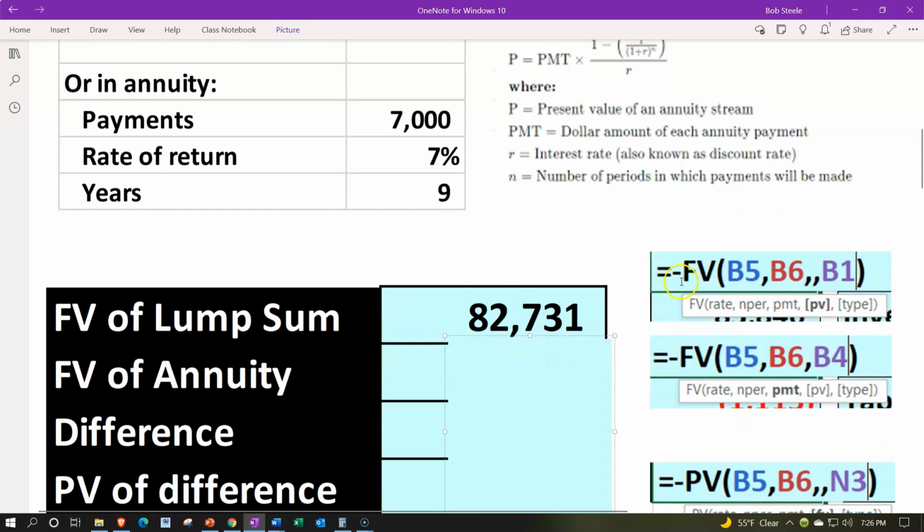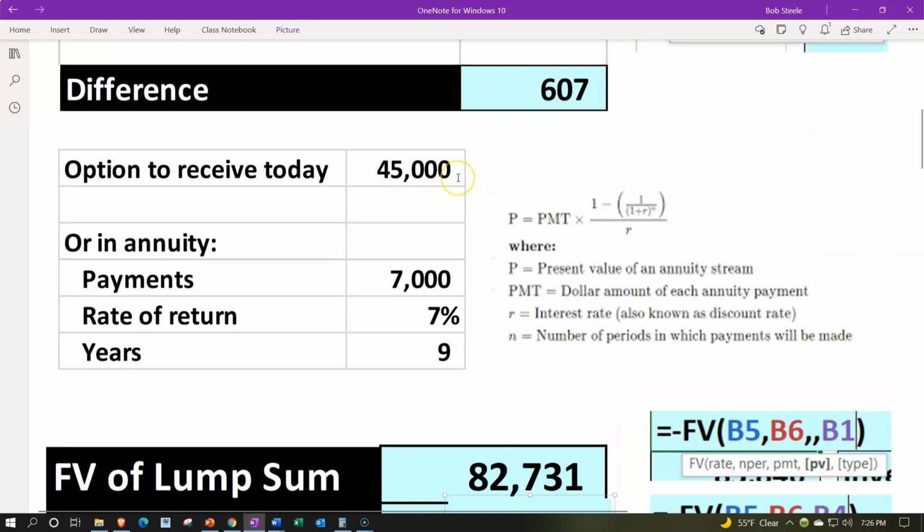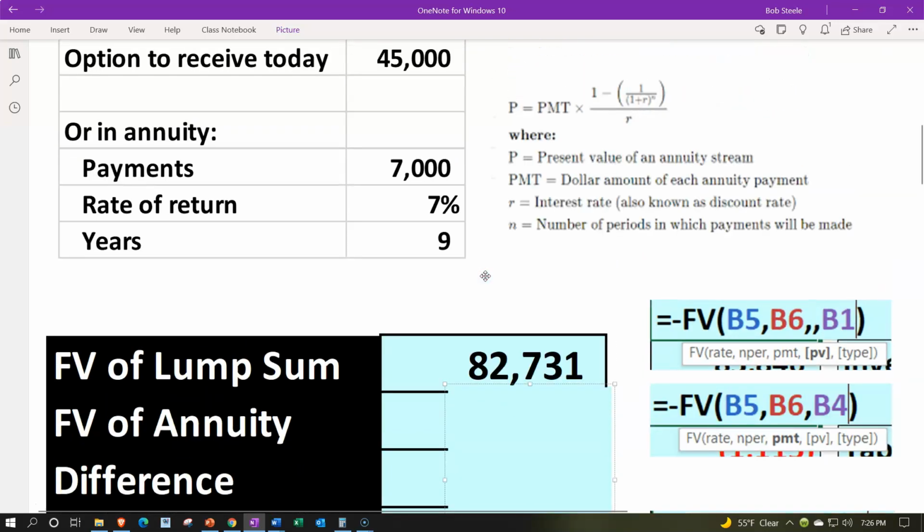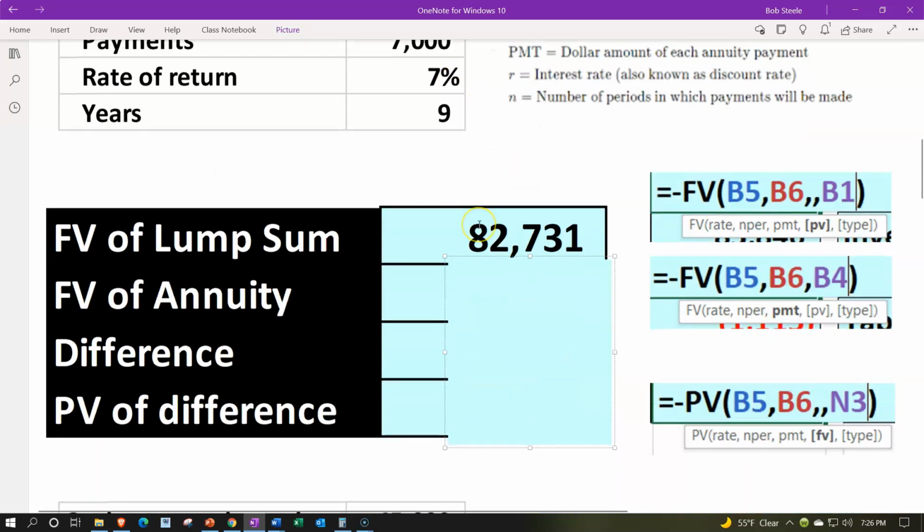We'd have the negative future value. The rate would then be the 7%, comma, number of periods would be 9 periods, comma, and this one would not be an annuity. We're just talking about a payment at this point that's going to be accumulating the interest for 9 years at the 7% compounded yearly. So we're going to take the present value, which is that 45,000. That then gives us a result in the future of 82,731. So in the future, under those circumstances, we would assume 9 years from now,